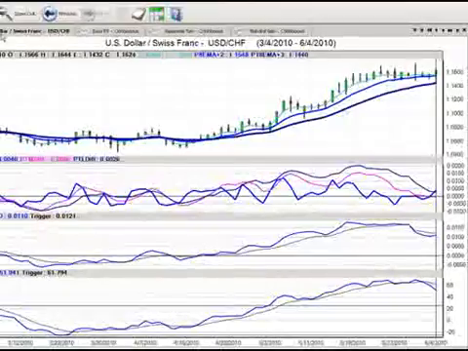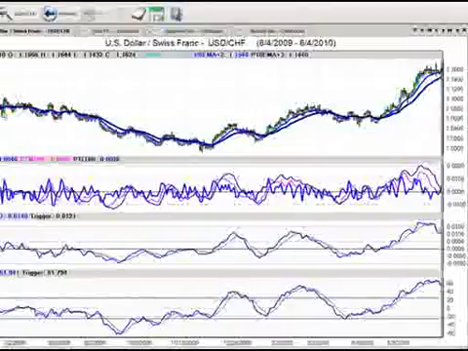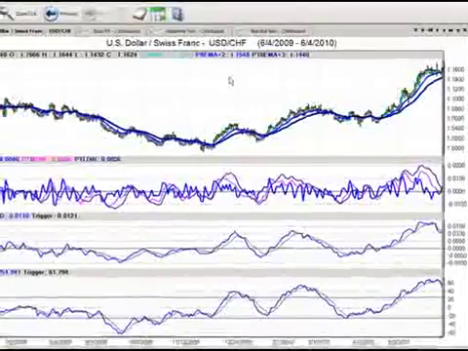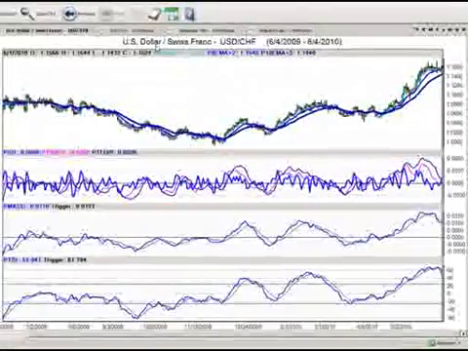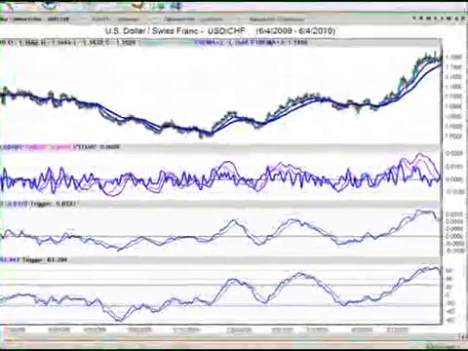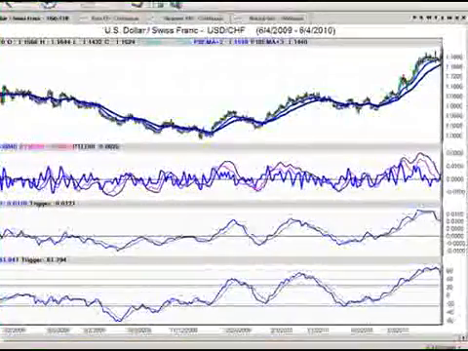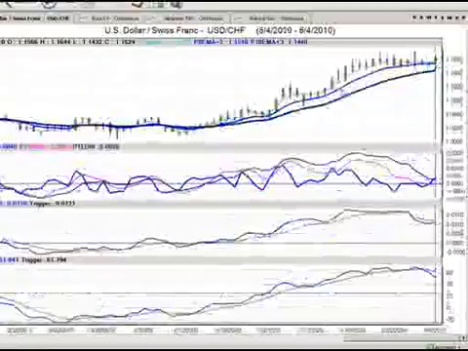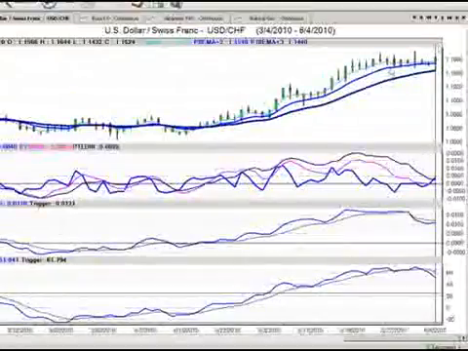So now, has the US Swiss franc ever been at these levels? Well, it most certainly has. If we go back over the years, it has been at these levels before. So it's not to say that it's not going to continue to move higher, but I question how much further it can actually move up. So, right now,